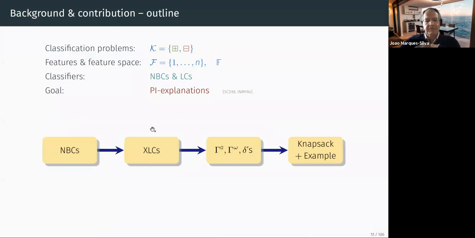Okay, so the plan for these slides. I'm going to talk about naive Bayes classifiers. Again, some of you will be very familiar, some others probably not as much. And then I will use an intermediate representation, which is convenient, and introduce some notation that we need, and then show that if you do all of this, you can compute PI explanations of naive Bayes classifiers in polynomial time, log linear, almost linear. And you can enumerate explanations also with log linear delay, meaning the time in between computing explanations is log linear. Actually, it's linear, but we say it's log linear because of the first one.